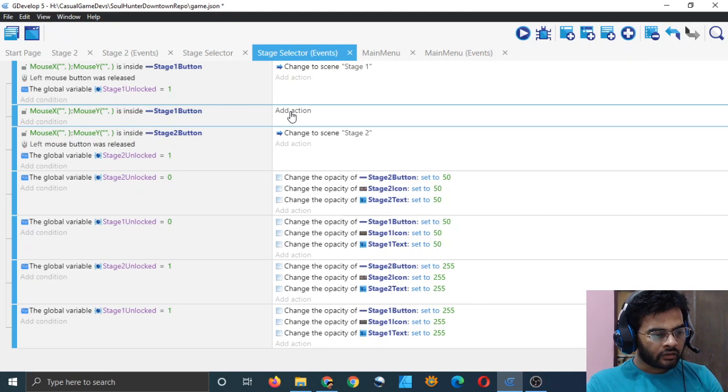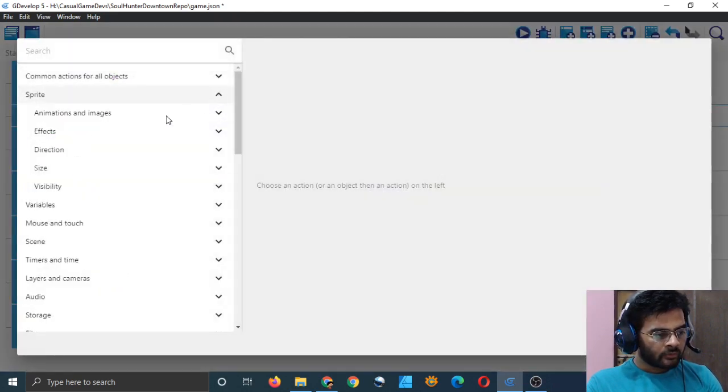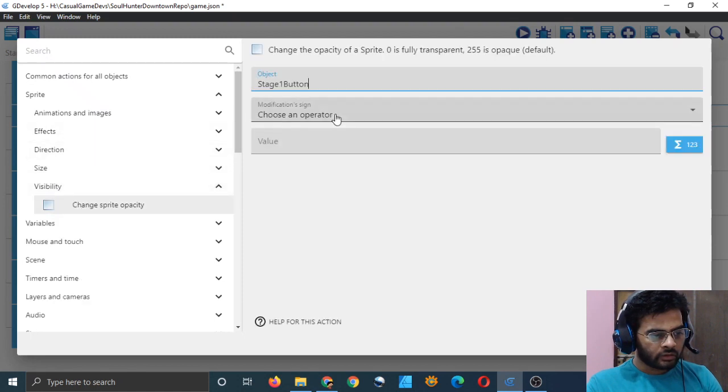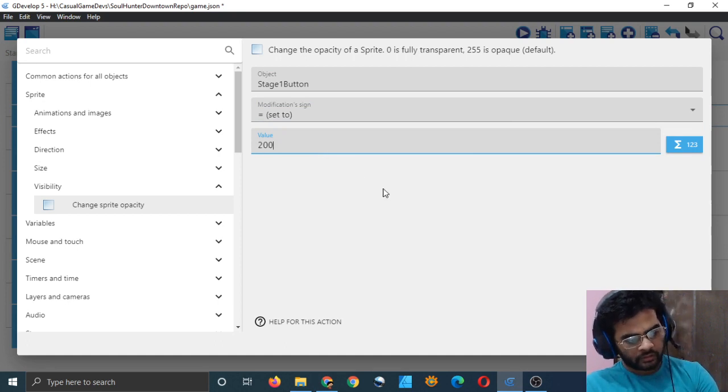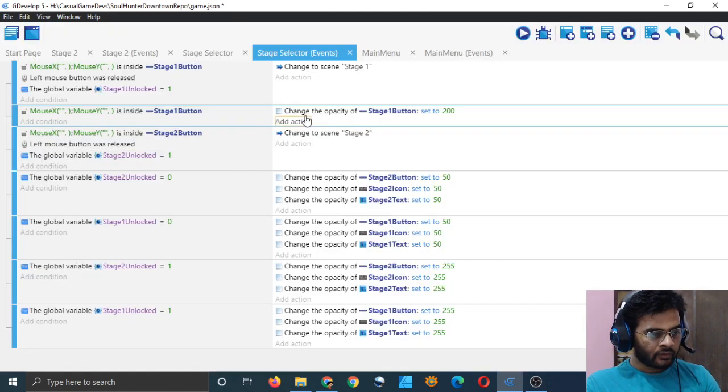And now add action of changing the opacity. Right, visibility opacity stage 1 button equal to, just do it 200. Yeah, 200. This will just signify that mouse is inside the stage 1 button.